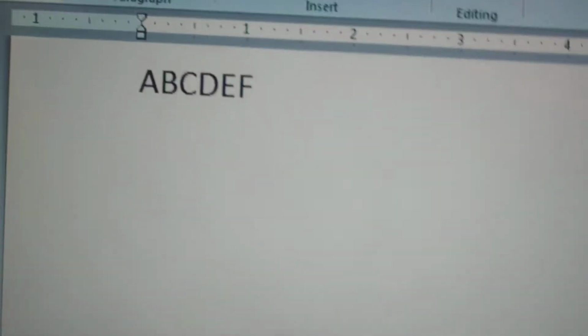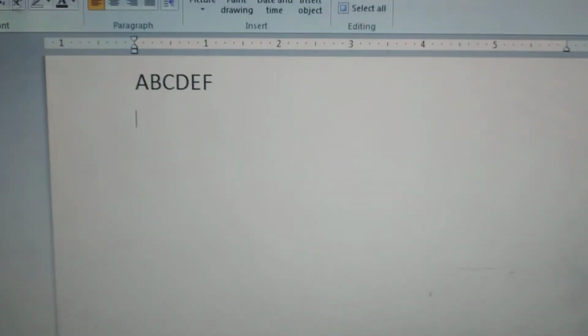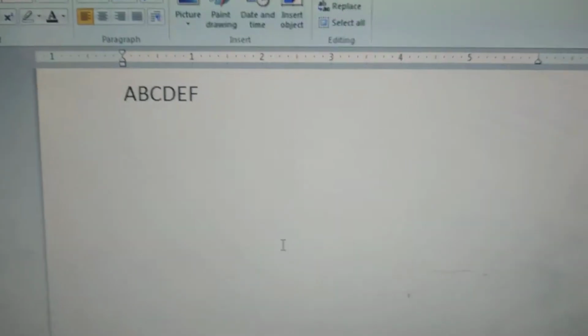Okay. Now, in the last session, in the last period, we have seen the use of the spacebar key. Why are we using this spacebar key? To give space between two letters or two words. How to use this key? Let us see. I have typed, and I will increase the font so you can see.